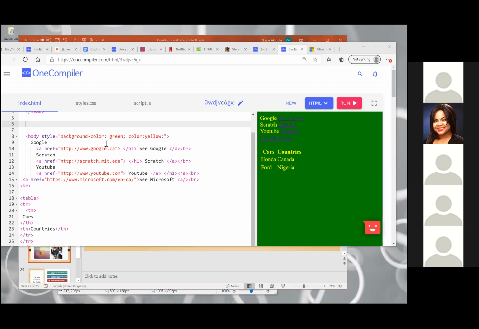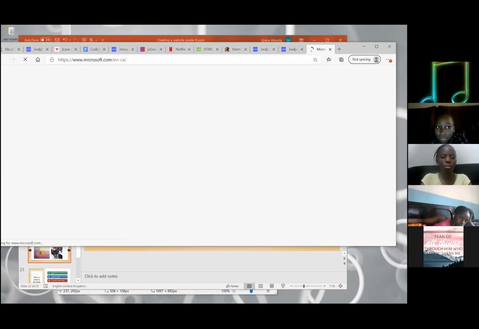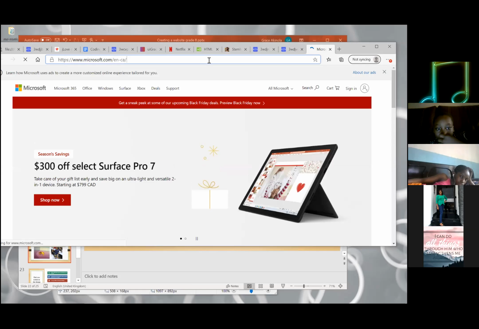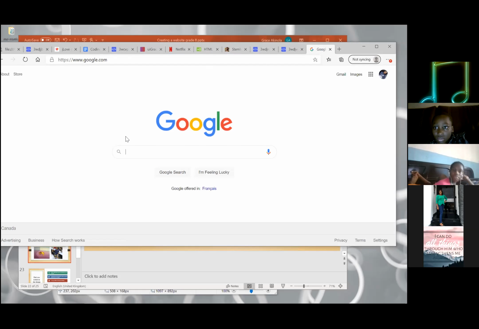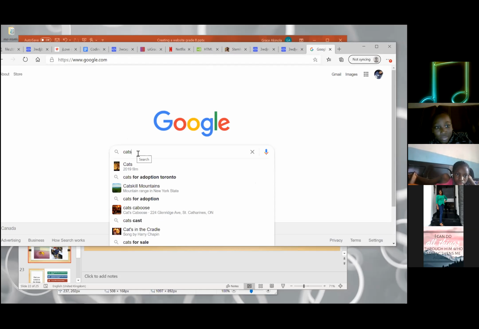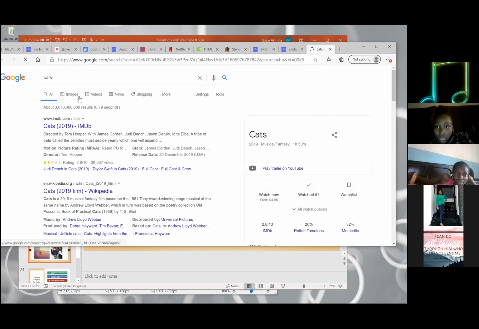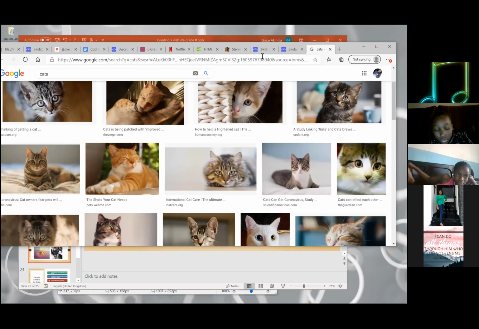So to show an image, yeah, if you're using an HTML file, you can just directly copy it. But for those of us using the online compiler, now I'm going to look for pictures of cards. I'm going to be needing the links of the card to put into our image. So now here,